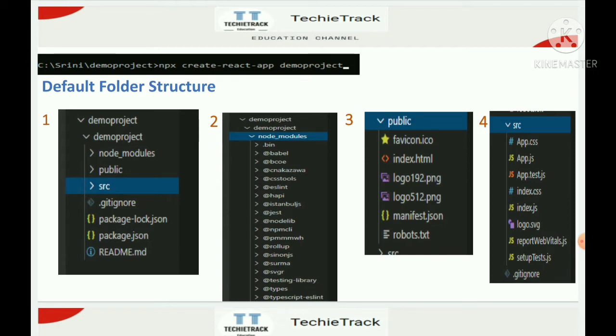We already discussed those things in another video. If you want to know what React.js is and how it works, you can find the videos on our same channel, because I created a separate playlist for React.js as well as the MERN stack. You can go through that, and it will definitely be helpful for you to learn more things.